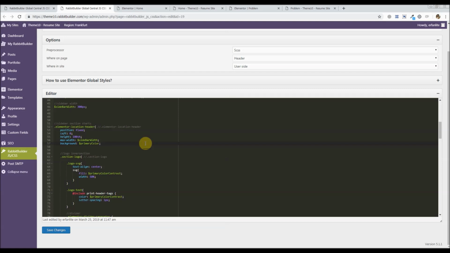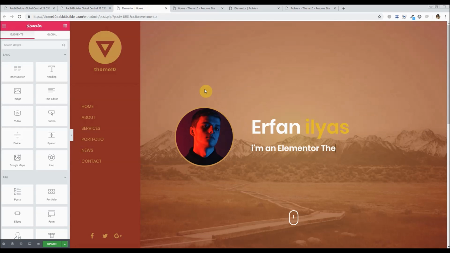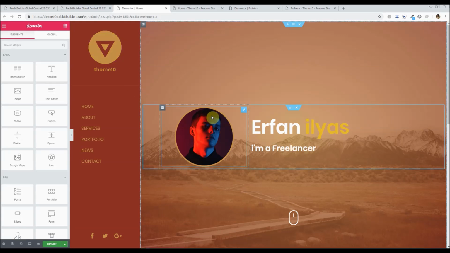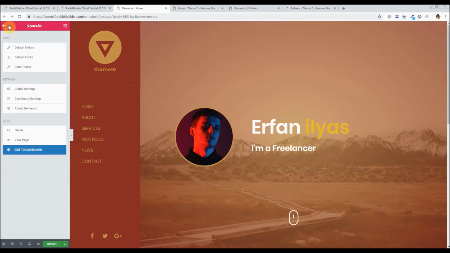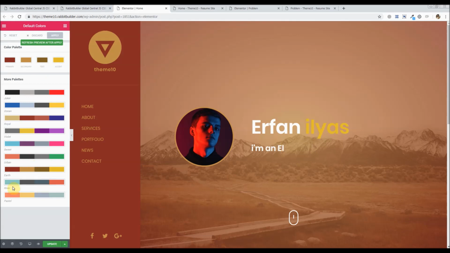adopt this way of making templates, and it will surely save you a lot of time whenever you want to move some blocks around, or you want to use the same blocks again and again. So it's really handy. So again, let's try another color scheme. For example, if I try